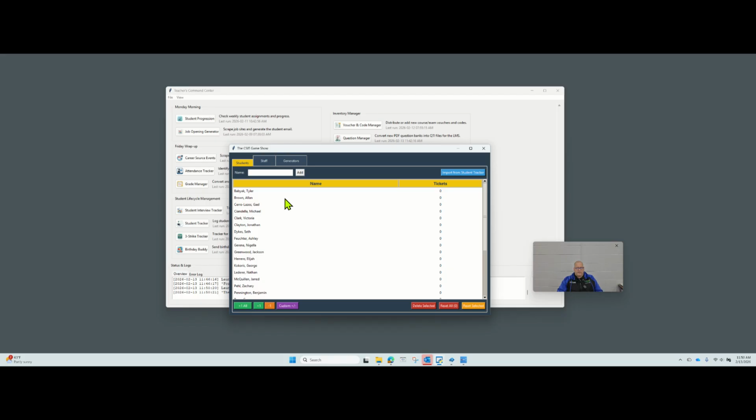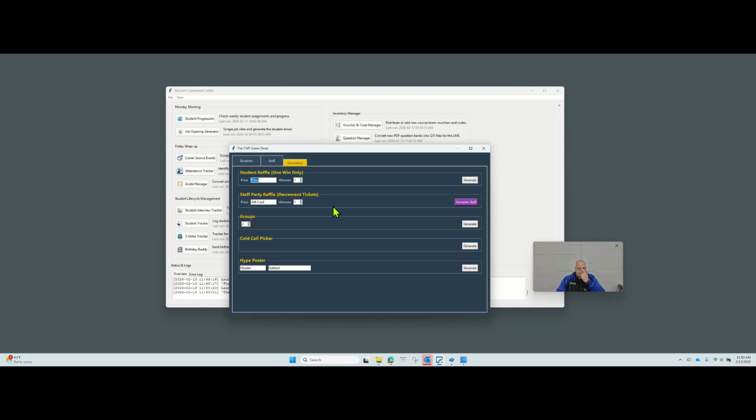We'll take a look at it real quick. So it's pretty simple. It's got all the students listed. I can put how many tickets or how many entries or however I want to do that. I can give them tickets and entries. Let's see if I can just give everybody one. Let's say everybody's got one. Then I can go over here and say what the prize is. Let's say a gift card. And we're going to pick 2 winners. It's going to generate